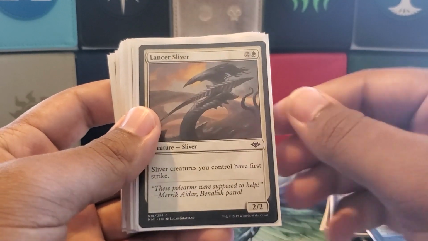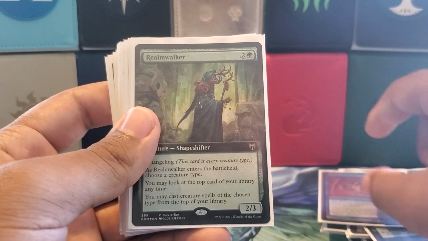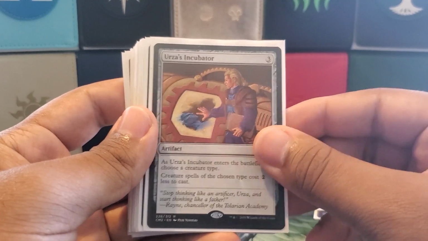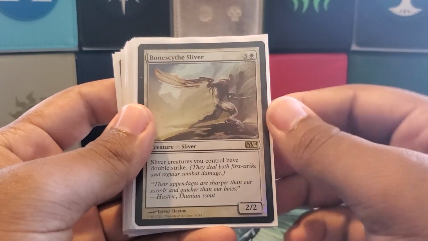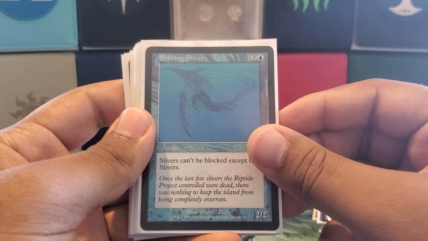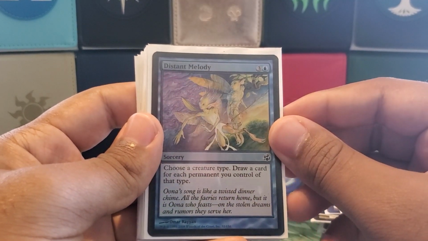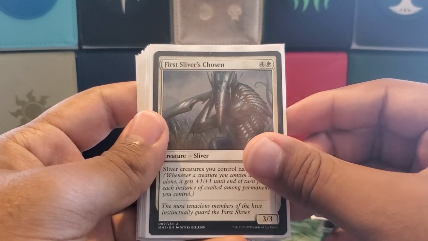Herald's Horn, Lancer Sliver, Horn Sliver, Shadow Sliver, a Realm Walker, Harmonic Sliver, Necrotic Sliver, Urza's Incubator, Promise of Tomorrow, a Root Sliver, Bone Scythe Sliver, a Guardian Project, Shifting Sliver, Chromatic Lantern in case of emergencies, a Dormant Sliver, Distant Melody for really good card draw, First Sliver's Chosen,